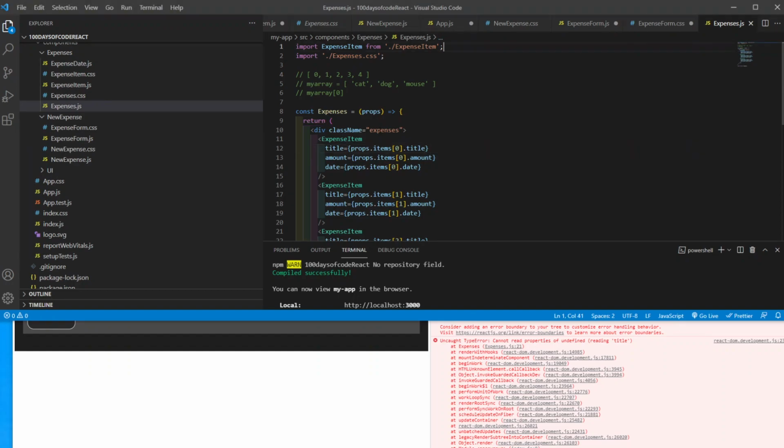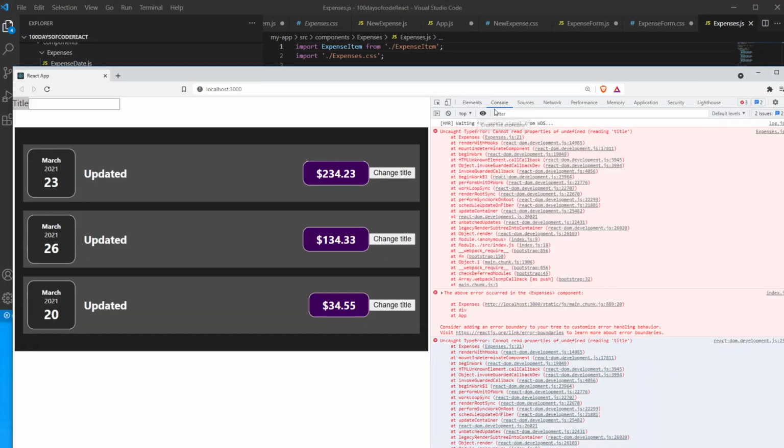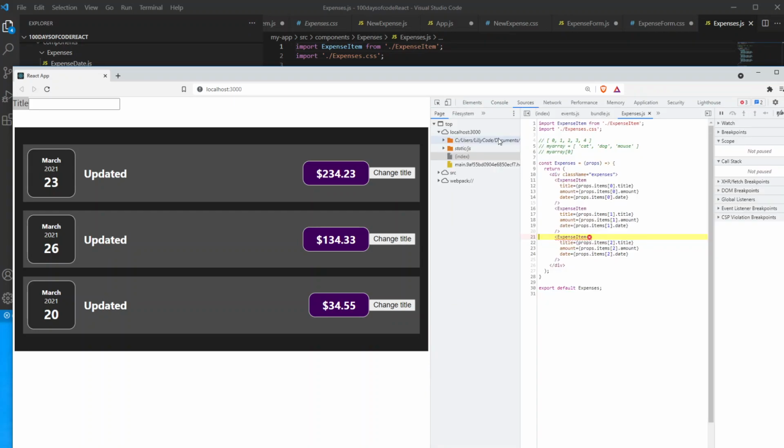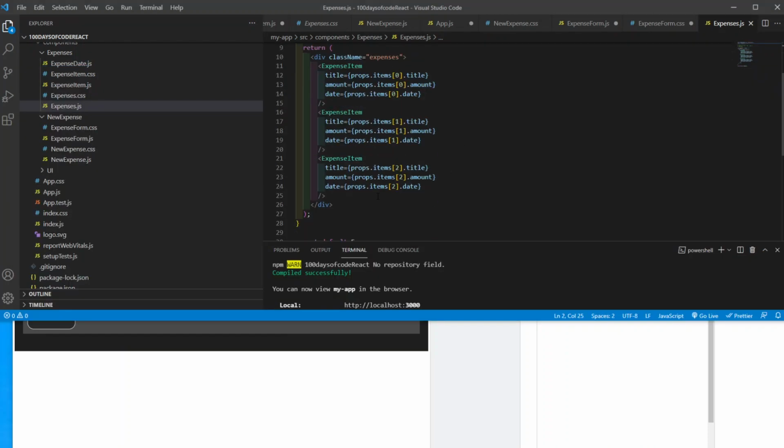So it's telling me that what's coming in at this position is undefined. So let's just click on this. Yeah. So line 21. So down here,